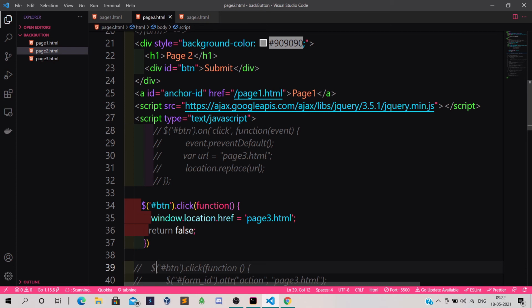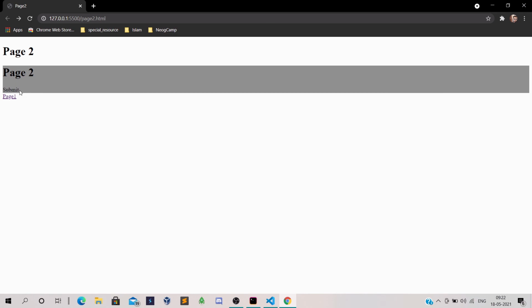This is not a button, not an anchor tag, and not a form. This is just a simple text. Upon clicking on it, we are redirecting to page3.html. So if we go to page2.html and refresh, we have the submit text.